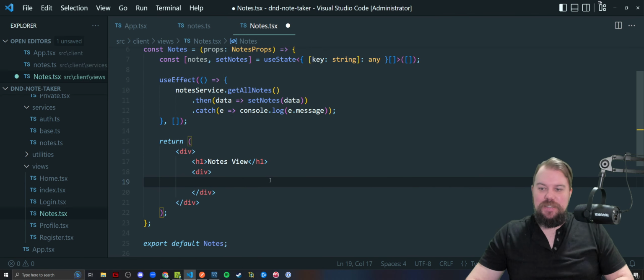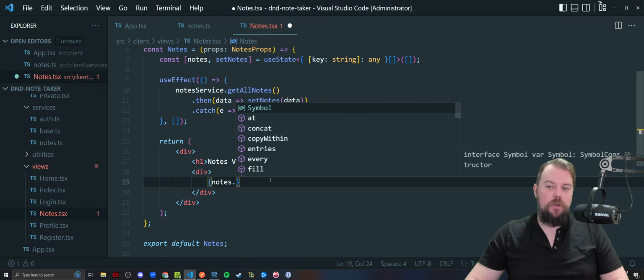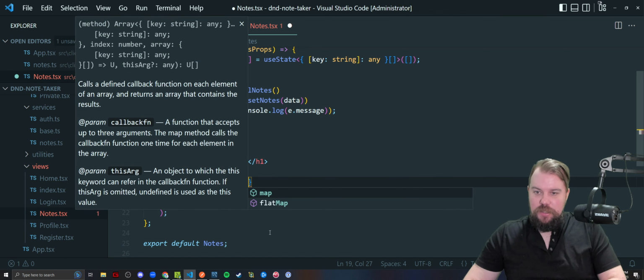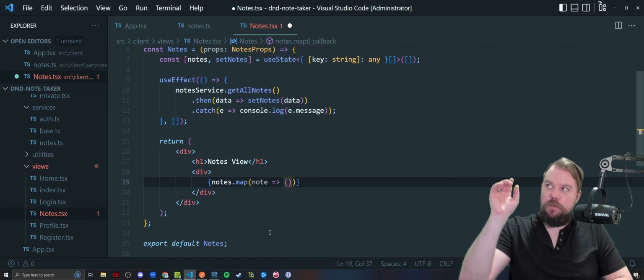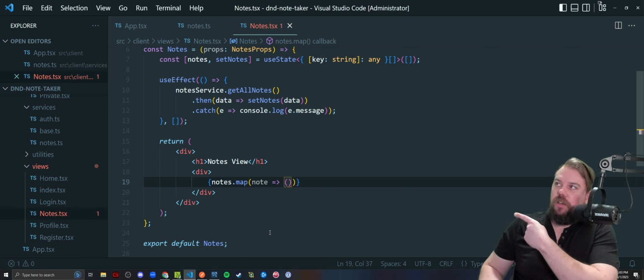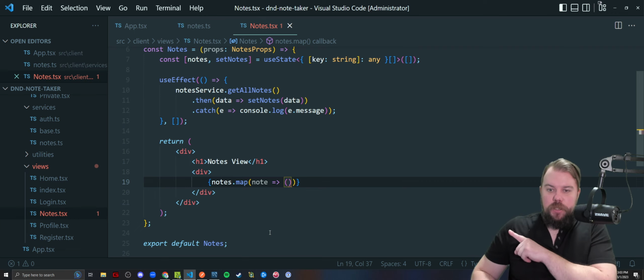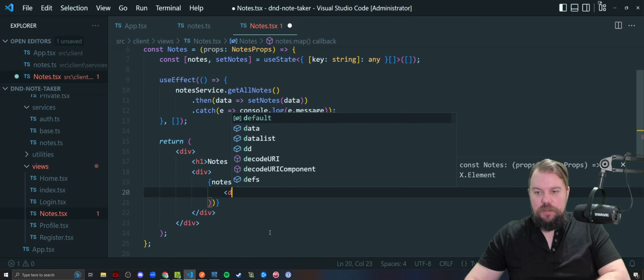Let's throw in a div. Inside that div, we're going to say, hey, take the notes variable, which is an array, which it does recognize thanks to my measly TypeScript right here, and say, please map over this array, and for each individual note, I would like to implicit return the following. So no curly braces, no keyword return. We're dropping curly braces, dropping keyword return, an implicit multi-line return using parentheses, to say, please return another